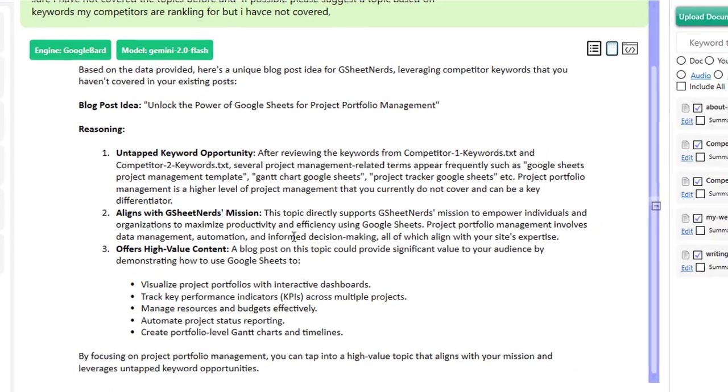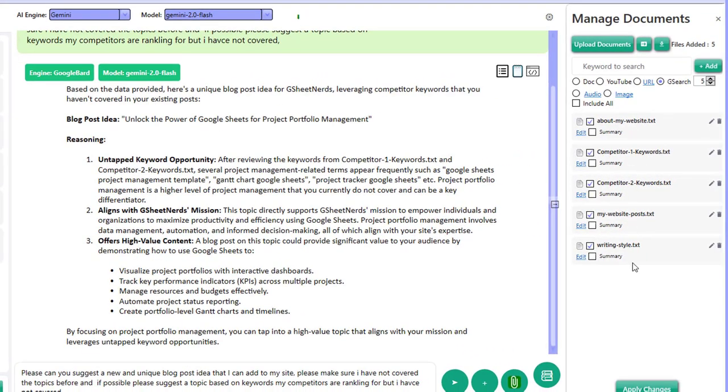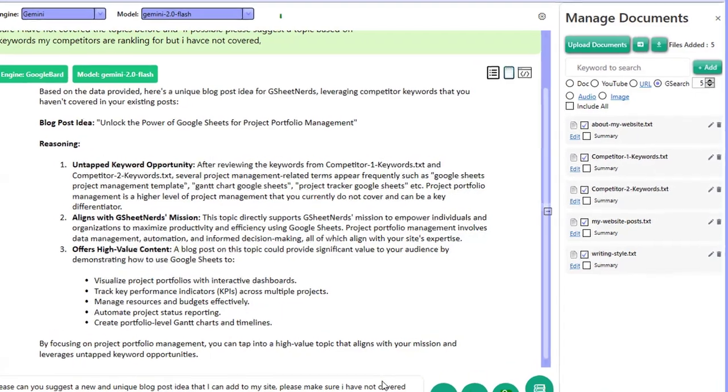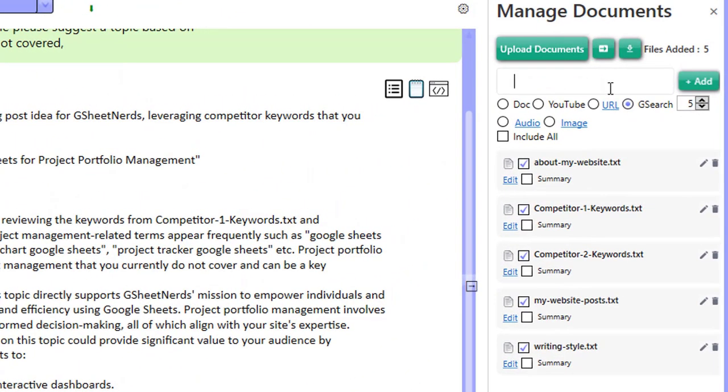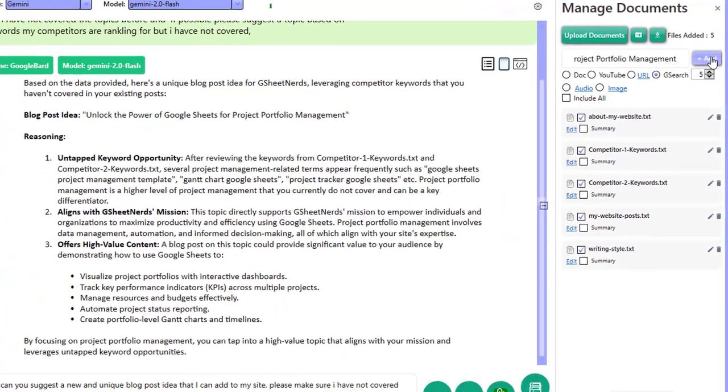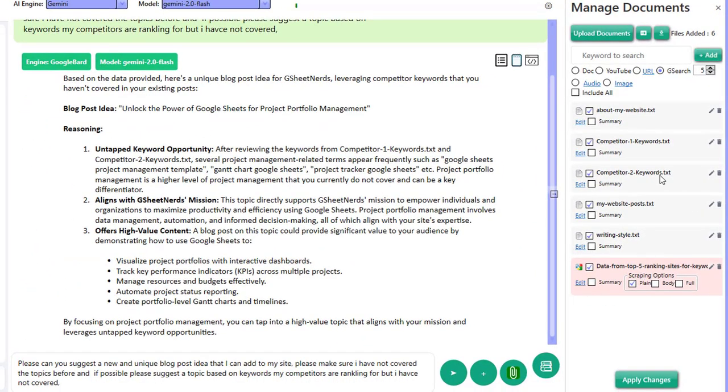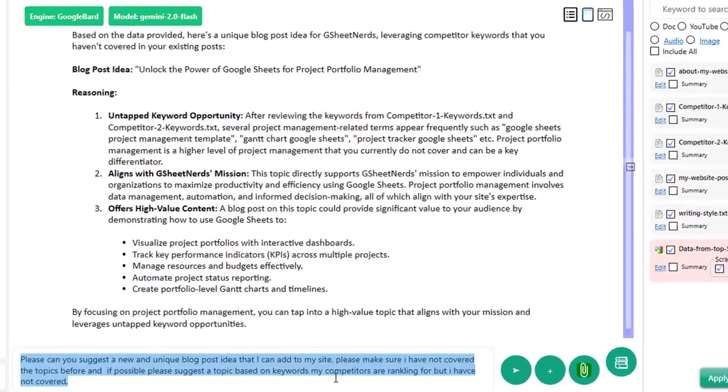So what we can do now is go ahead and create content for this down here. We can go ahead and do a Google search. Let me show you exactly what I mean by this really quickly. So I'm going to add this down here, and we're doing a Google search for this keyword down here, and I can turn around and say